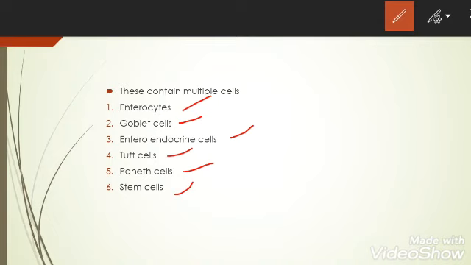When all this takes place in the small intestine, we see lots of cell rupture on the outer epithelium of the small intestine. To compensate for the rupturing of cells, that is for all the cells which have undergone apoptosis, there are certain stem cells situated in the basal region of the crypts of Lieberkühn. In a further diagram I'll tell you where the different cells are situated in the crypts of Lieberkühn. Basically the stem cells are situated in the basal region of the crypts, and they rapidly divide by mitosis.